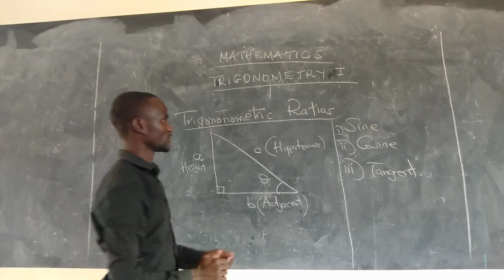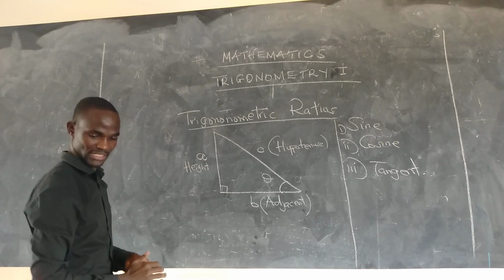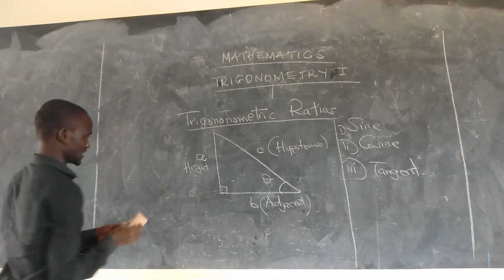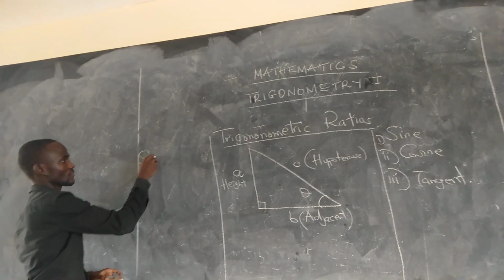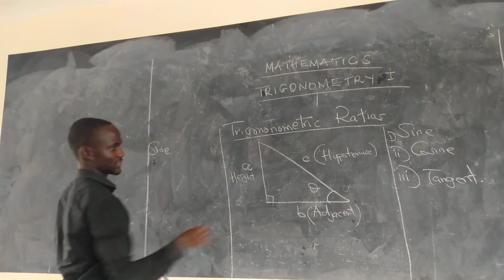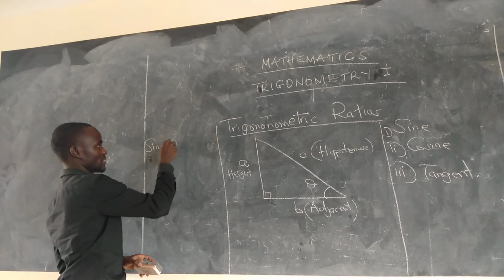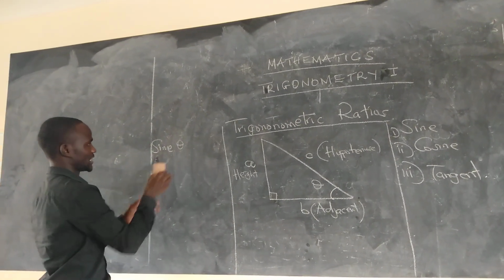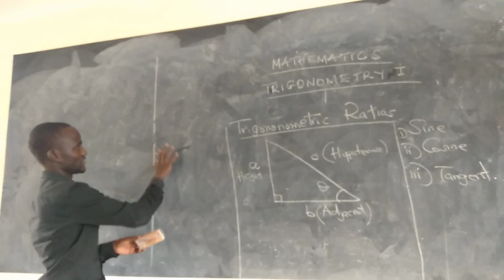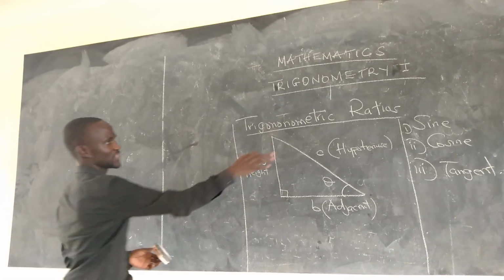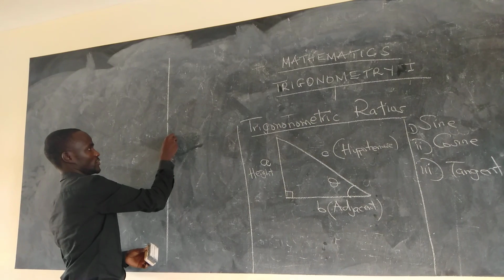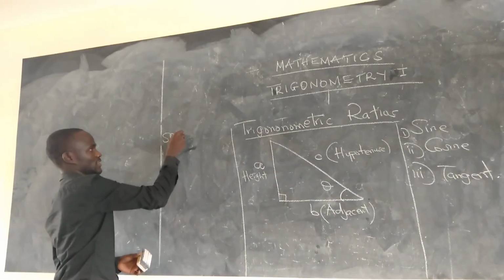So if we start with the sine, sine theta, and even before I deal with the sine, there is always a shortcut of remembering these trigonometric ratios, which we talk about